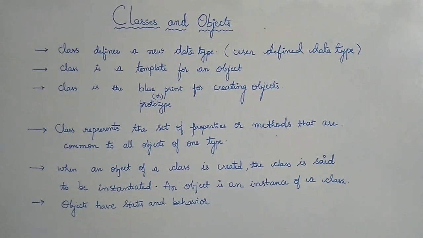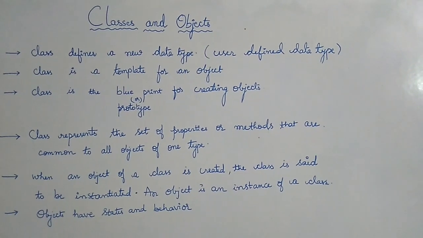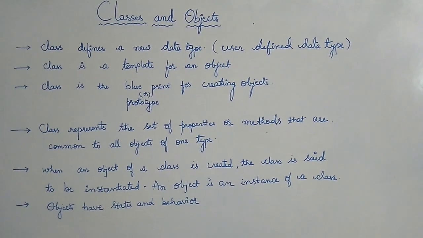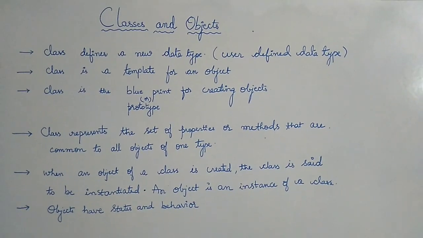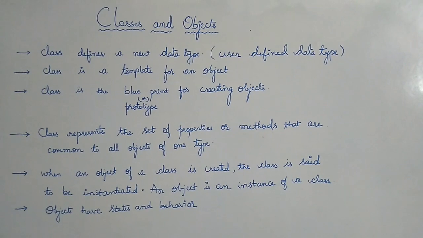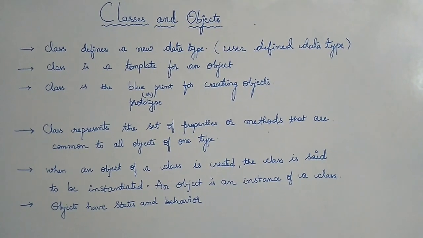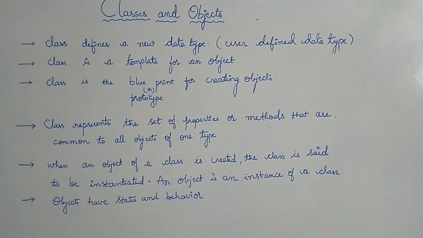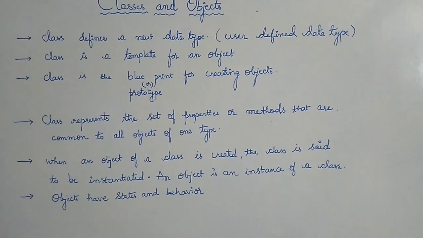Classes and objects are basic concepts of object-oriented programming which revolve around the real-world entities. Class is the logical structure upon which the entire Java program is built because it defines the shape and nature of an object. So class is the basic object-oriented programming construct.